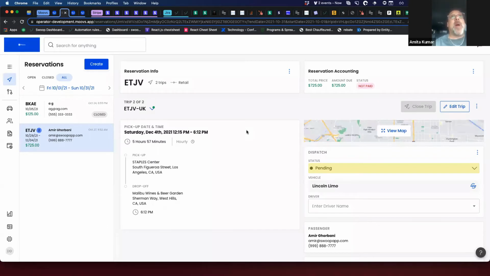Yep. And he probably did time, or the system automatically calculated the end time because of the distance. Therefore, he only got a transfer rate. He didn't get an hourly rate. So my